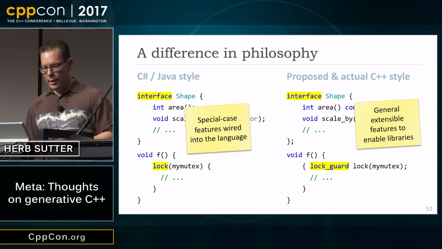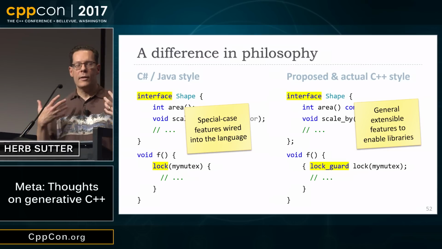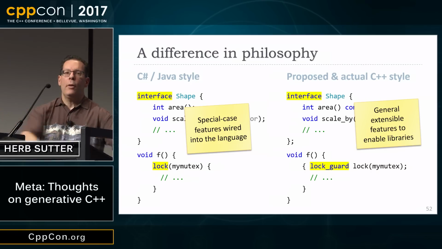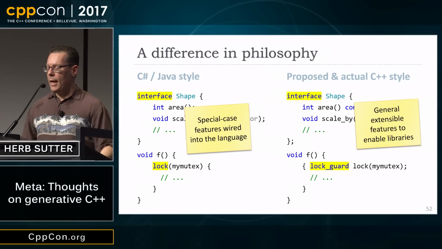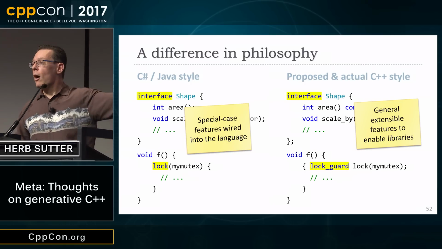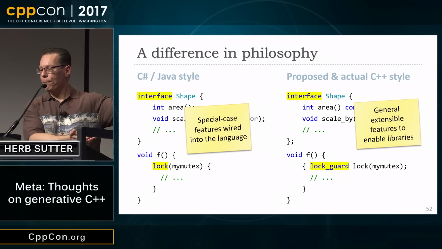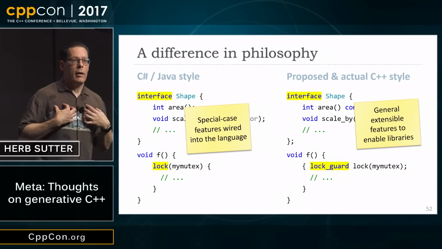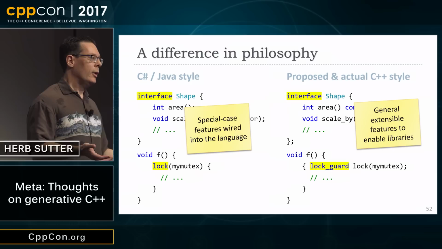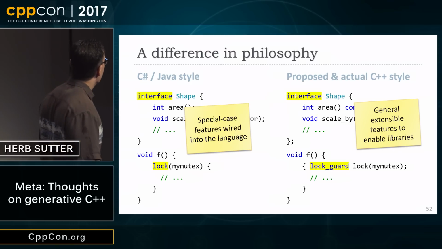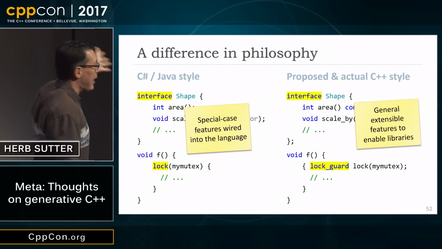And let me just show the difference in philosophy, because in Java and C# the idea is, well, we bake something in as a language feature. That way it gets first-class support, it's going to be efficient. And we do that with interface, we do that with lock, or synchronized in Java, which is a language feature that lets you do local locking. But that's not who we are as C++ users and language authors. We want to write general things, such as lockguard in the bottom right,